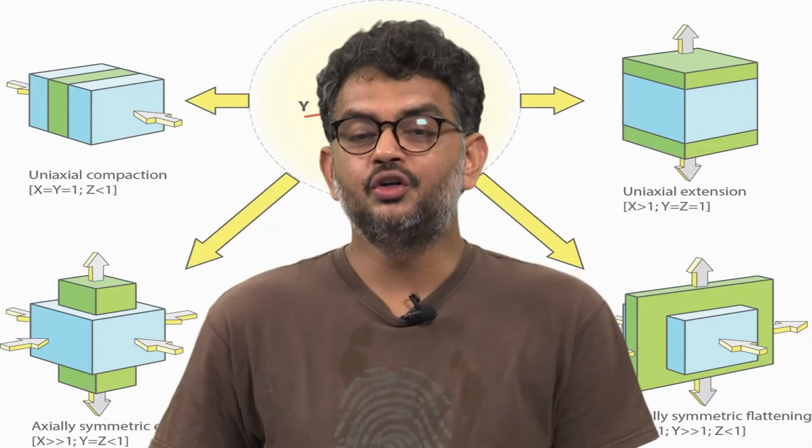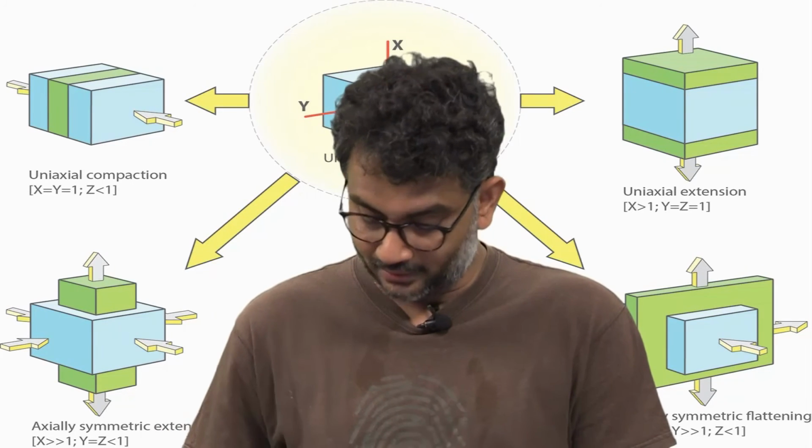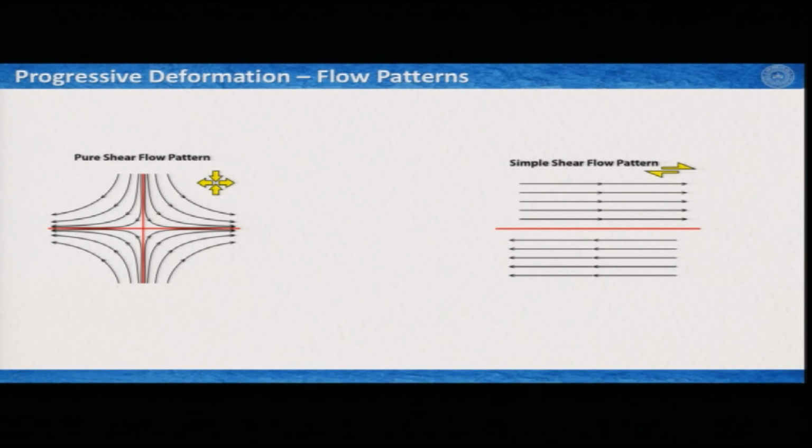So, what do these flow patterns tell us? Let us have a look. If we see the pure shear, this is the simple form, these yellow arrowheads are showing that this is your compression direction and this is your extension direction in pure shear. What we see here, that any material point is moving and slowly it is going towards the extension direction, and while doing so, initially this material line or points are in the compression domain. So, in this direction they are in compression, and similarly this is symmetric along the axis, these are your compression domain,